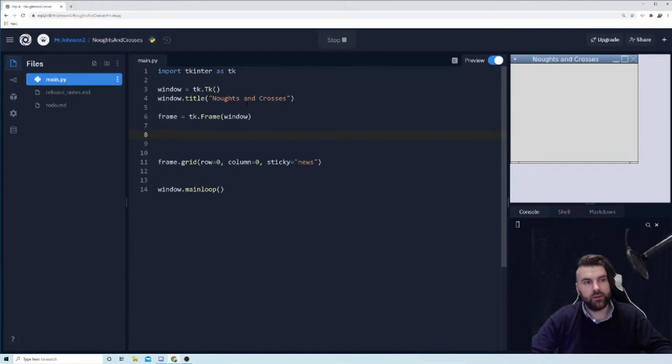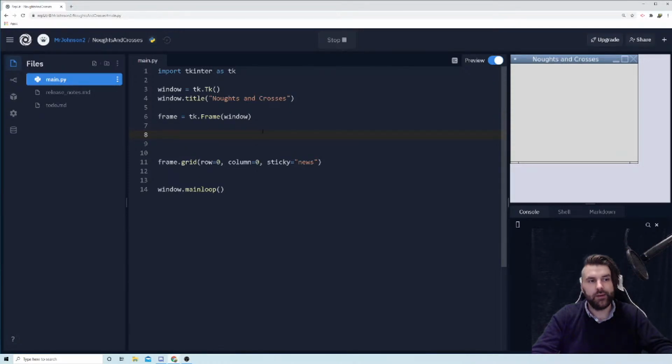Okay, now our buttons, they're going to be a grid in our noughts and crosses, right? It's going to be one of the 9 spaces where a player can put his or her go, right? They're all going to be the same, right? They're just going to be in a different position. And instead of writing button 1 equals tk.button and doing this 9 times, we're going to be slightly